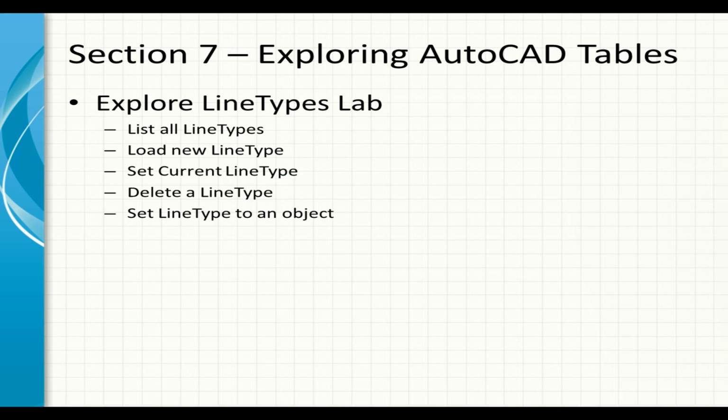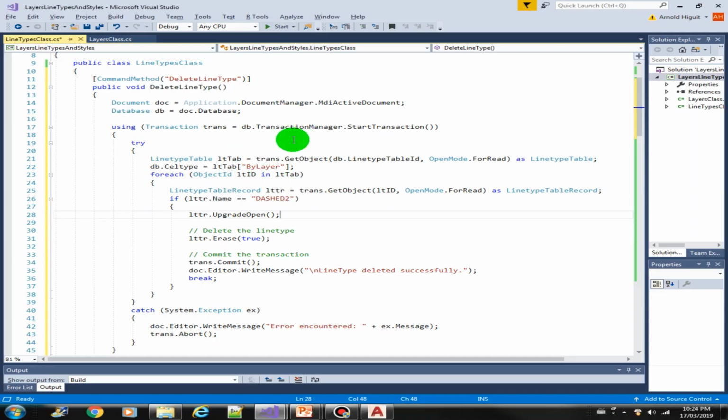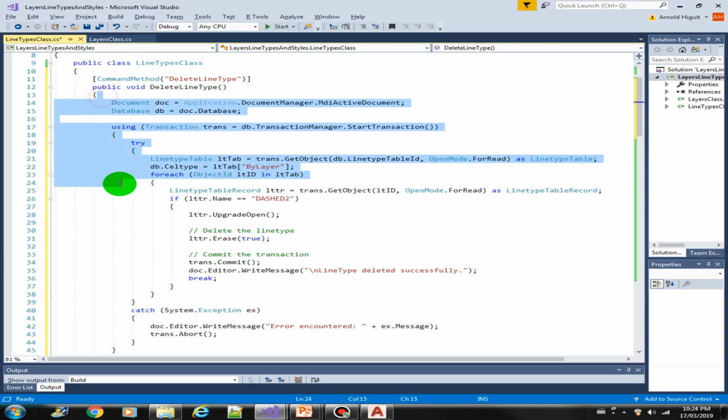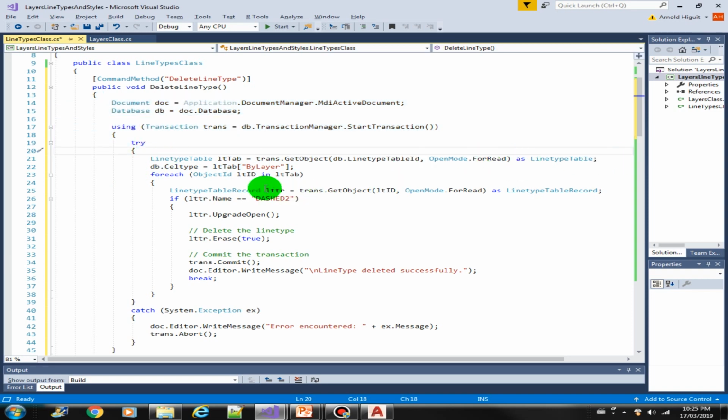Okay, our next lab is to delete a line type. So I have created here a method called delete line type. We have the same code structure from here to here, and here I have set the current line type to bilayer because the objective is to delete the -2 line type. So basically we get the line type table,